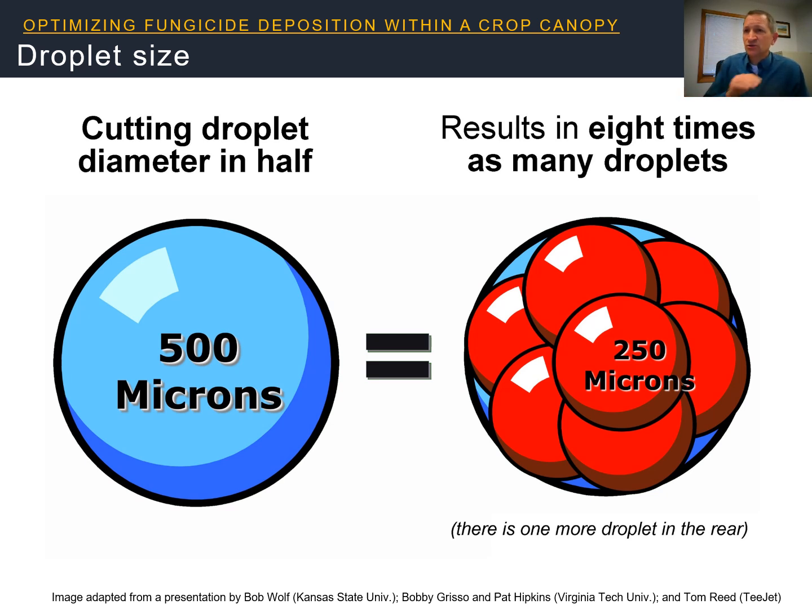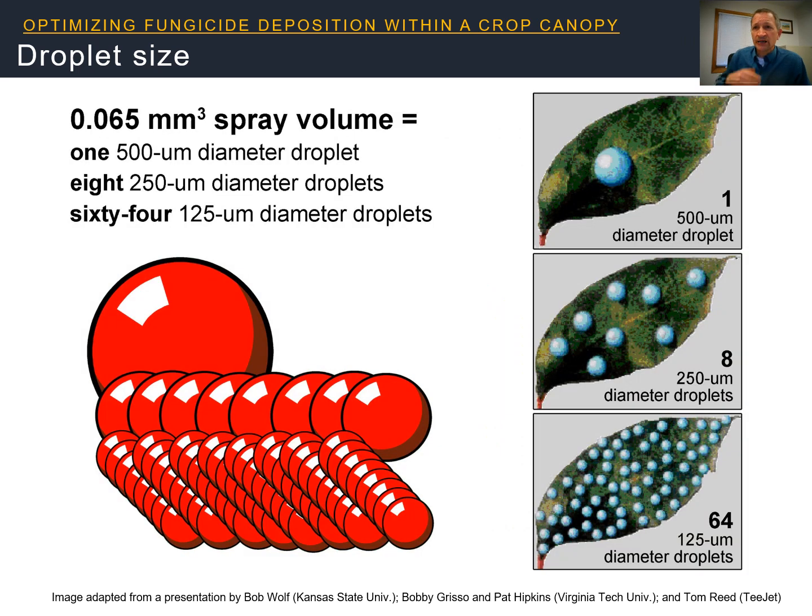Okay, so you take a droplet size in half, you suddenly have 8 times as many droplets. You cut it in half again, you get another 8 times as many droplets, i.e. 64 times as many droplets. And this matters for fungicides. A contact fungicide only protects the spot where it lands, and a locally systemic, i.e. a modern fungicide, can move upward from the point of deposition to some degree, but can never move downward from